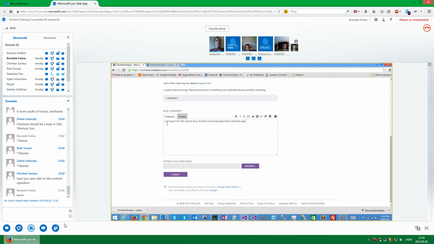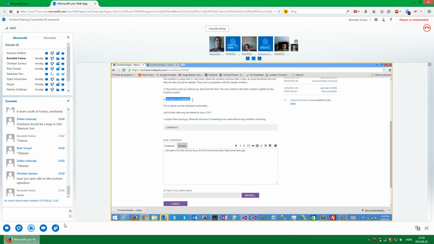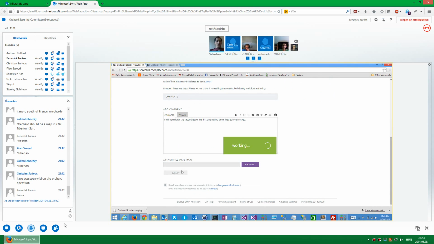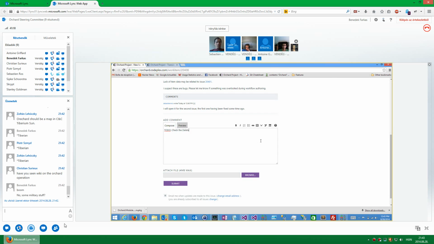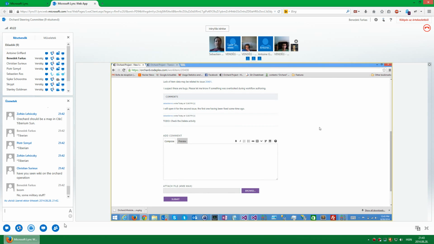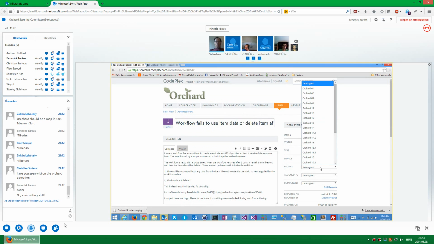It must have been an issue with the updated and created event. So now it's fixed. The second issue is that the item is not deleted, even though there is a delete item activity. So we will focus on this one. To do: check the delete. If only we had unit tests for that, I wouldn't have to check, but we don't, so we have to check.